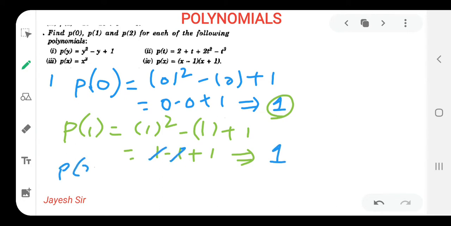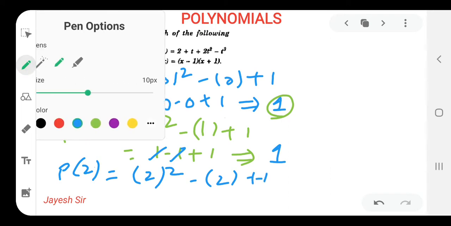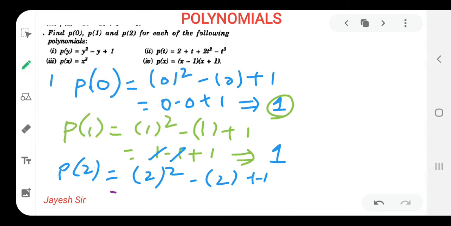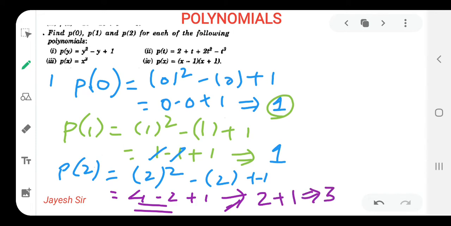Now the value of the variable as 2. 2 square minus 2 plus 1. Yes, now afterwards what are we supposed to do? 2 square, that means 4, minus 2 plus 1. What we need to understand is I have 4 rupees in my pocket, I need to give 2. So I will give 2 from here. So 2 plus 1. So we are left with 3. Yes, I hope you all have understood it properly.